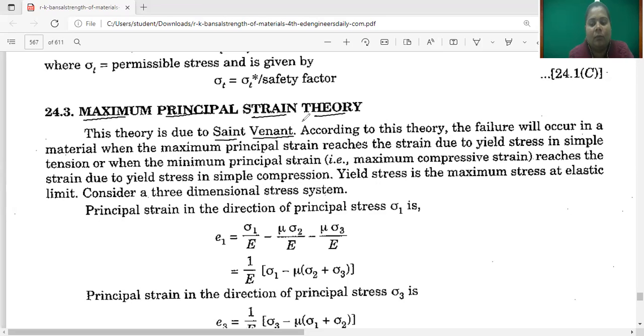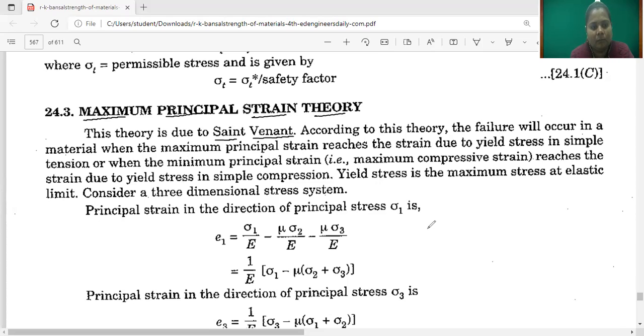According to this theory, the failure will occur in a material when the maximum principal strain reaches the strain due to yield stress in simple tension,